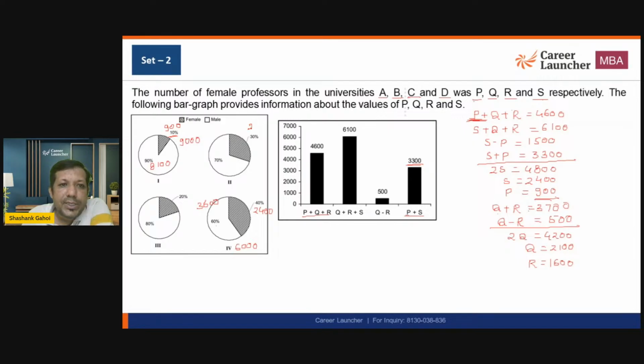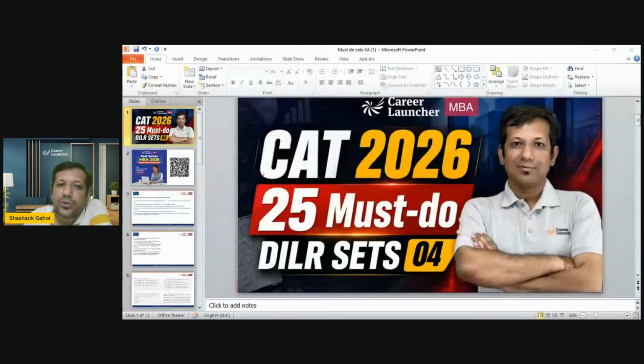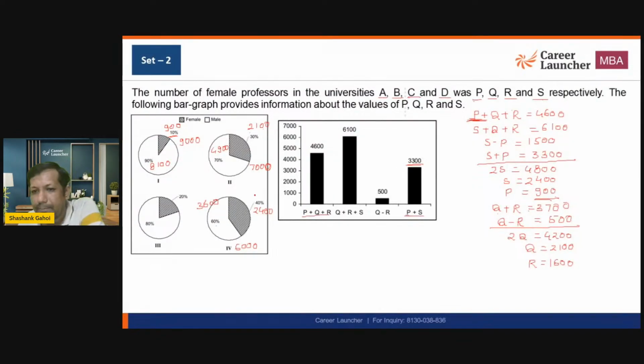so 30% is 2100, so 10% is what? if 30% is 2100, 10% is 700, so 70% is 4900। now what is the total number of people we are looking for? that is going to be 7000। ठीक है, अब R is 1600, so 20% is 1600, so 80% is 4 times this, that is going to be 6400 and total number of people I am going to get is 8000। ठीक है, now let's look